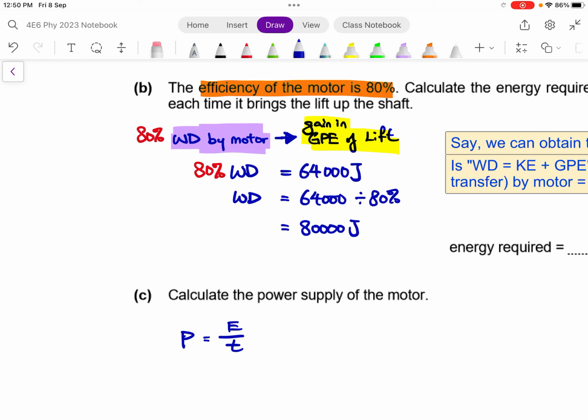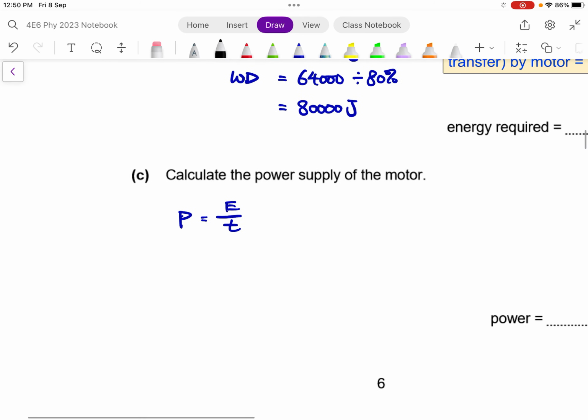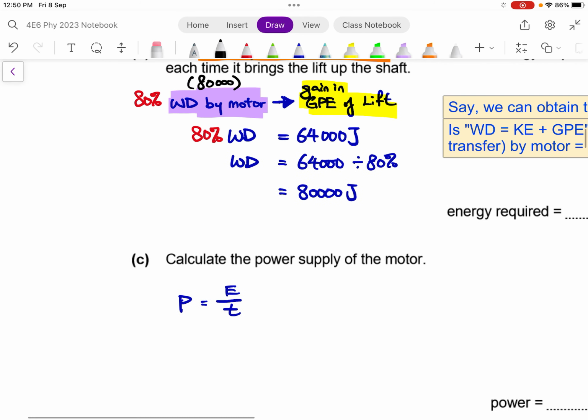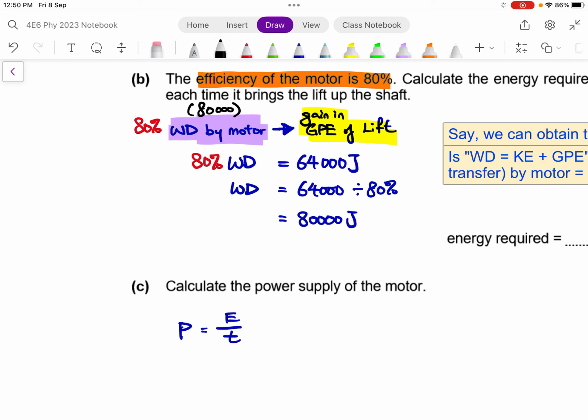And it makes sense, right? It means that if you supply 80,000, only 80% will be converted, will be absorbed by the lift, right? The other 20% may be lost somewhere, right? So that's what it means. Power supply by the motor. So the motor need to supply 64,000 or 80,000. Of course, need to supply 80,000. If I supply 64,000, the lift will receive even lower than that, and it cannot rise out of the shaft,